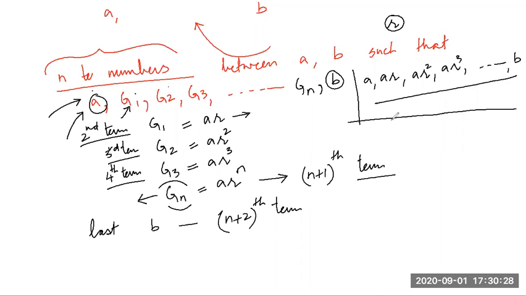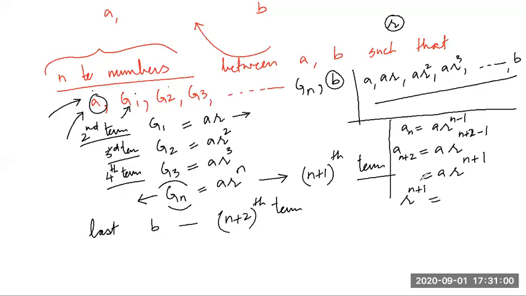All right. So guys, you see, n plus 2th term. Now in a GP, how do you find the general term an? An is equal to a r raised to power n minus 1. So what will be my n plus 2th term? It would be equal to a into r, where r is the common ratio, raised to power, instead of n, I write n plus 2 minus 1. So this is equal to a r raised to power n plus 1. This n plus 2 term is b, so r raised to power n plus 1 is equal to b by a.